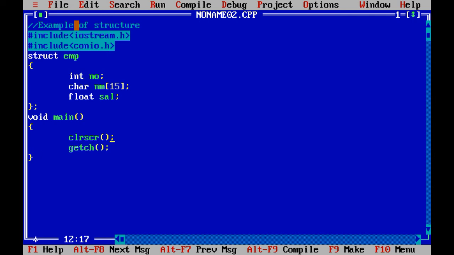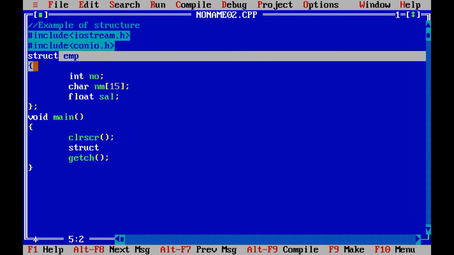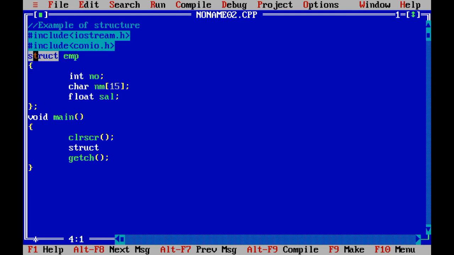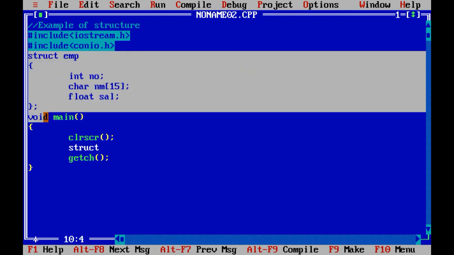Now see, we are going to see the third way, right? So what I need to do, I need to use the struct keyword because I have used the structure outside the structure. Suppose here I am going to pass the data, at that time no need to specify it with the structure keyword because it is a part of the structure only.